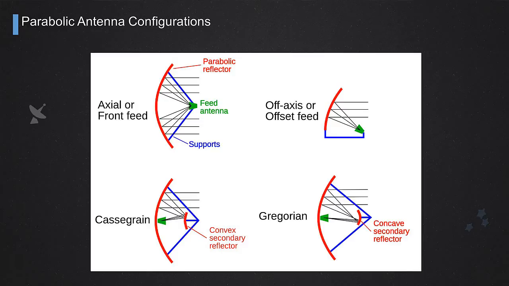It's very compact because we can put the feed closer to the main reflector. In some cases it's in the center of it, but it can also be offset. We'll see some configurations where the feed is offset as compared to the main reflector, but the use of a secondary reflector helps again shrinking somehow the linear dimension of the antenna. So these are the basic configurations that are used. Let's look at them in some more detail.